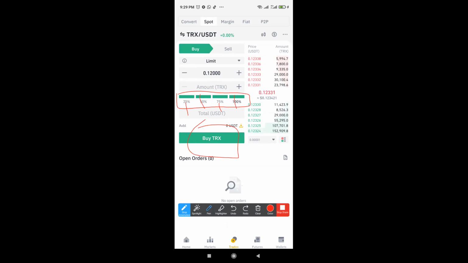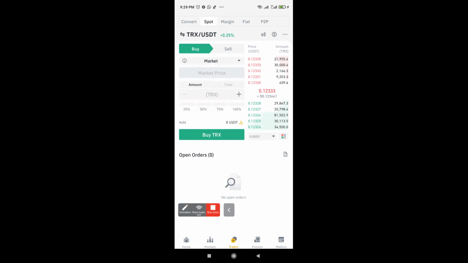So once you select that, maybe 100%, just click on buy TRX. That's all. So you select whether you want to use limits, select how much you want to buy Tron at, select how many percent of your wallet you want to spend, and click on buy. This part and this part will be sorted out by itself once you select this, okay? But if it is market price, let me change this limit to market. You won't need to set any amount. You won't need to set your price because you are invariably saying that you want to buy it at whatever price it is now. So we are not setting 1200, we're not setting any price.